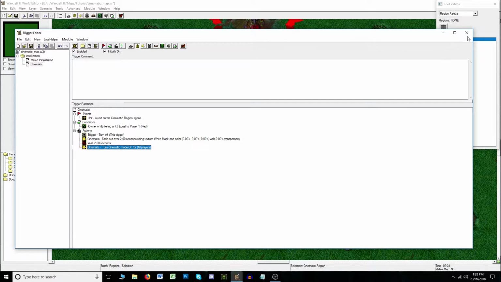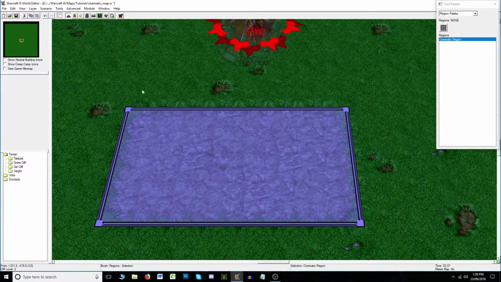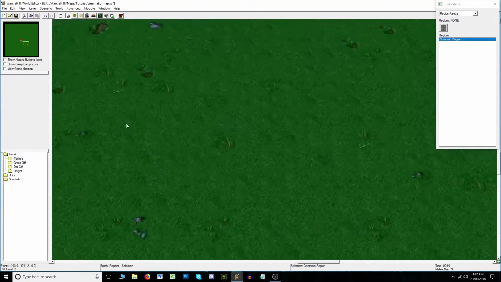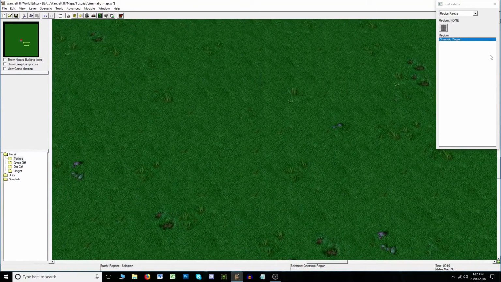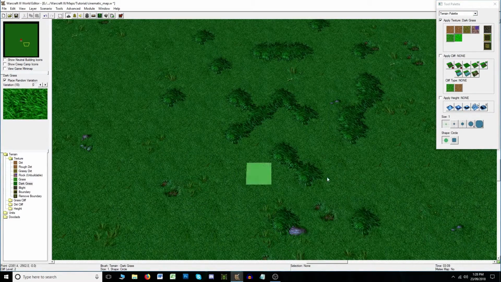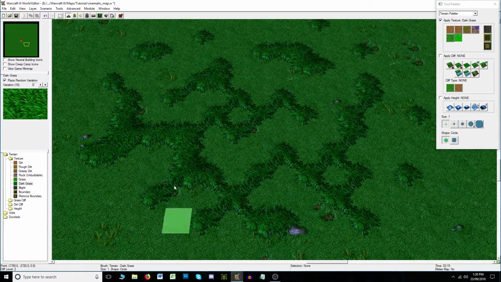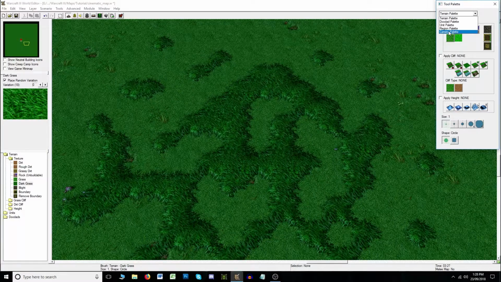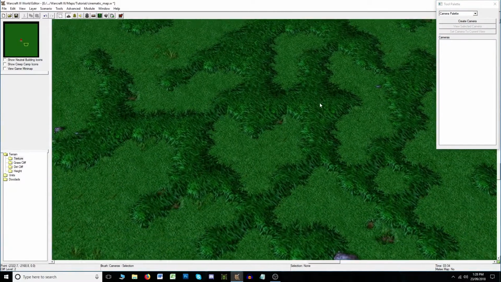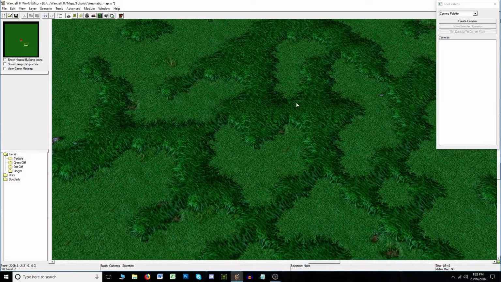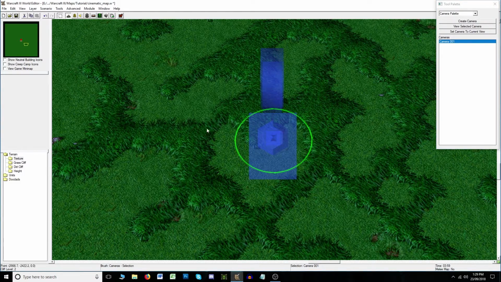Next, we're going to create a camera. So we want a certain area on the map where the cinematic is going to play. So we make sure we go to that area, and we'll just do some basic terraining to just demonstrate that this is the area where we are going to showcase the cinematic. We're going to go to the camera panel, and where we want the camera to be positioned, we make sure that we are in the correct spot, and then we just click on the create camera button and a camera